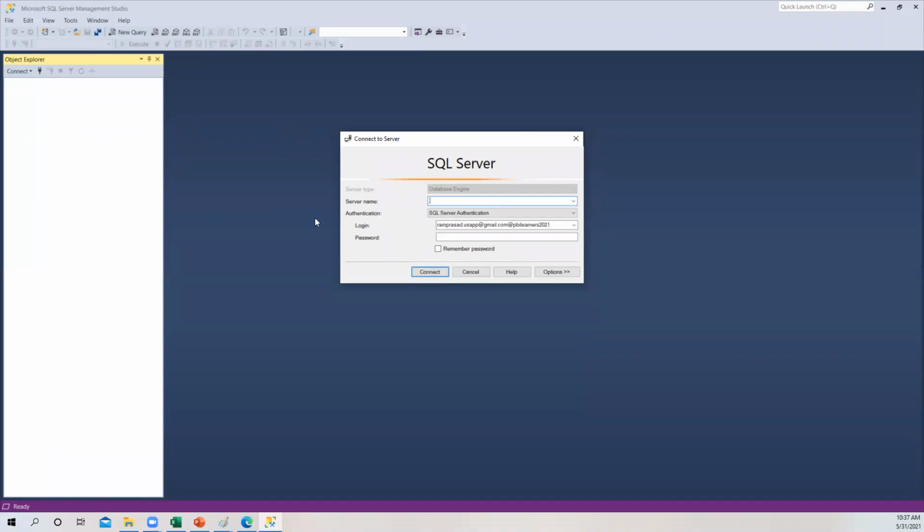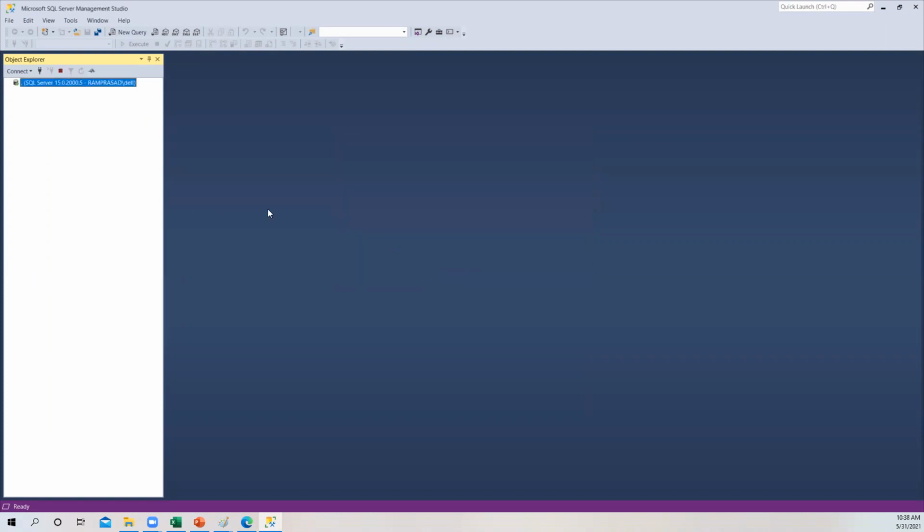So even if you give a dot here, it will connect, guys. Let us see if it will connect or not. It is connected to the database, guys. Now we are connected to your SQL Server.